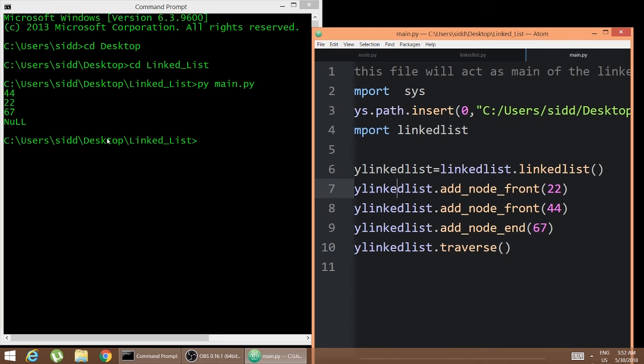So this is the basic linked list program, a single linked list program, and in the next tutorial I will teach you how to reverse a linked list, and also how to find the position of a particular node